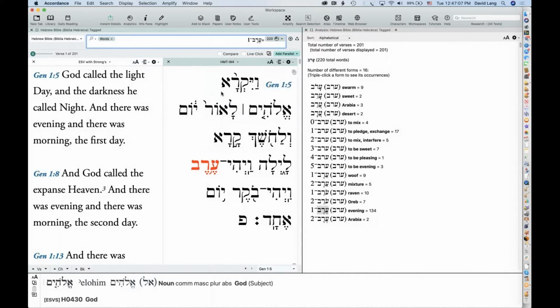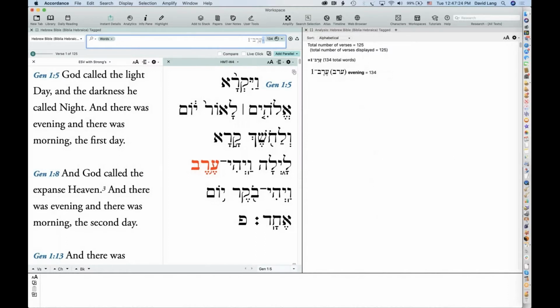Okay. So if you have the equal sign, you have to have the homograph number. Otherwise, Accordance is going to say, well, I don't know what lexical form you're wanting to search for exactly. But now, with the homograph number, it will find Erev evening.